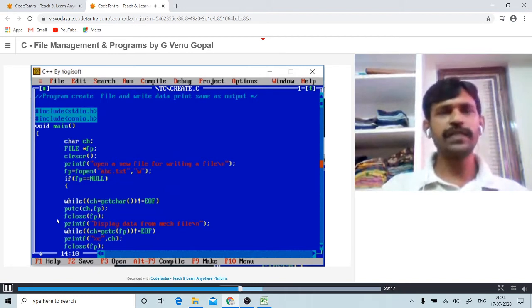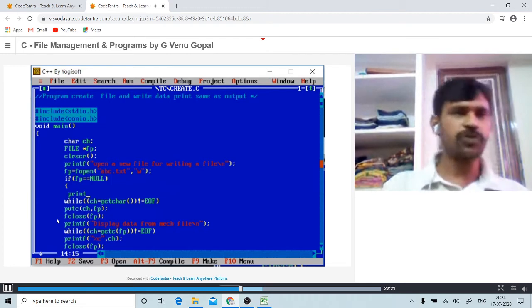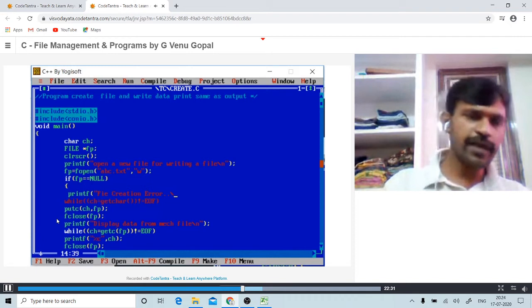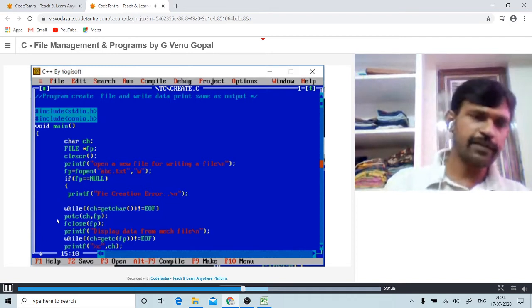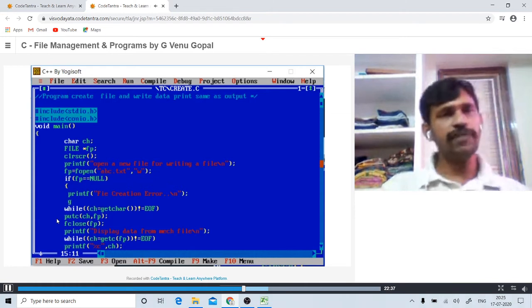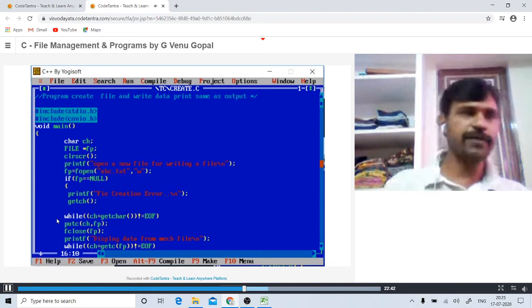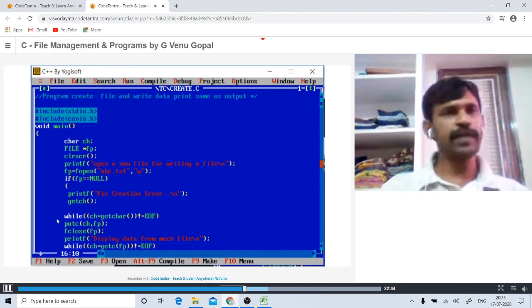If fp equals null, we can display a message with printf: file creation error. There is an error in creating the file, so the function will terminate the process. So if it is true, then we can make the cursor wait until we press any key. Then we can move on to the next one, that is exit(0).